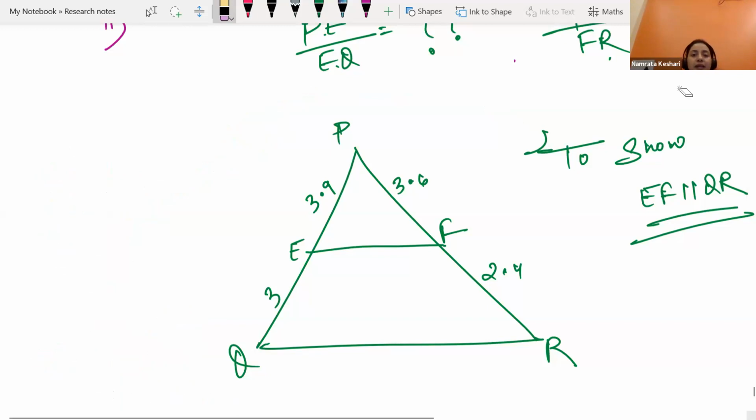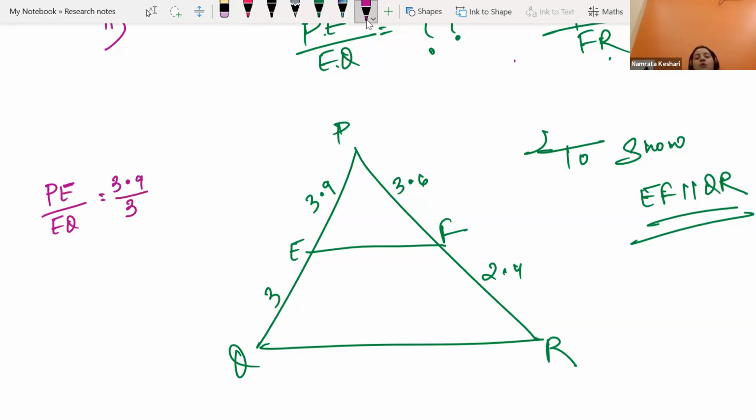ध्यान से देखो हम कैसे रेशियो फाइंड करेंगे, क्योंकि हमारे पास डेसिमल नंबर है, होल नंबर है, तो हम फाइनली रेशियो कैसे फाइंड करते हैं यहाँ पे. सो PE by EQ है हमारे पास. ओके, 3.9 by 3 वी आर हैविंग. नाउ न्यूमरेटर से डेसिमल रिमूव करने के लिए हमें 10 का मल्टीप्लीकेशन करना होगा न्यूमरेटर में, राइट. एंड डेनोमिनेटर में कोई डेसिमल ही नहीं है, तो क्योंकि हमें न्यूमरेटर में 10 का मल्टीप्लीकेशन करना होगा, सेम